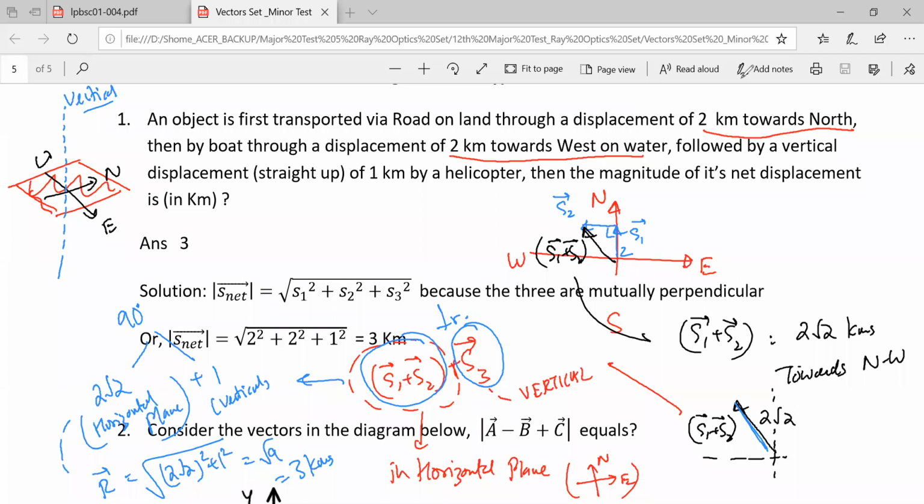But have you understood this question first of all? Yeah, no problem beta. But have you understood in this question how I'm saying that ये जो vector है ना northwest वाला 2 root 2, this vector is perpendicular to the third vector which is vertical, because in this diagram where is the third vertical vector, it's not in the plane of the screen, it's coming out of the plane of the screen. So those two vectors are perpendicular to each other. Okay, so this is a little tricky, okay, this question. So just try to understand it from what I'm saying over here. Okay.